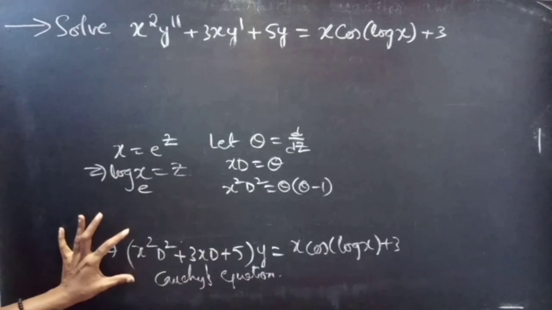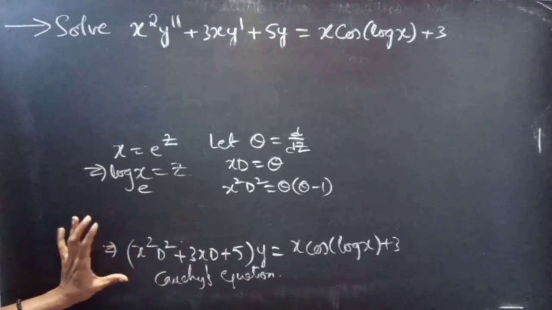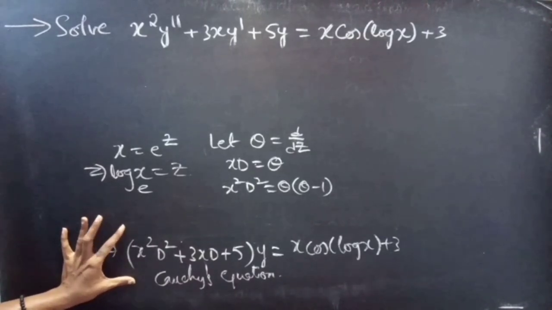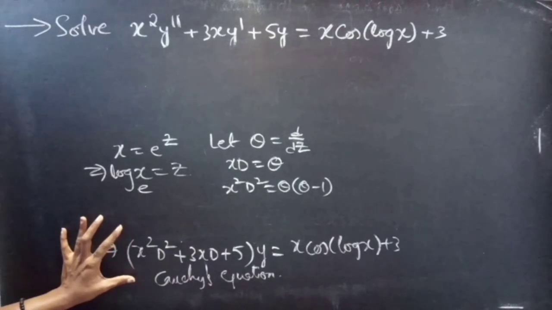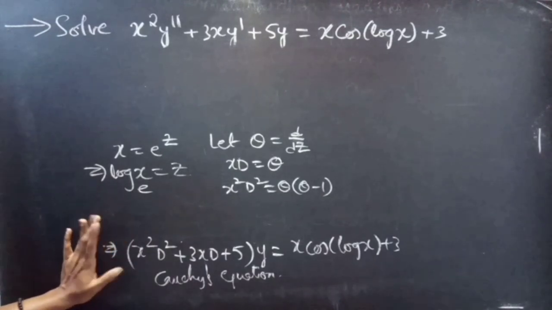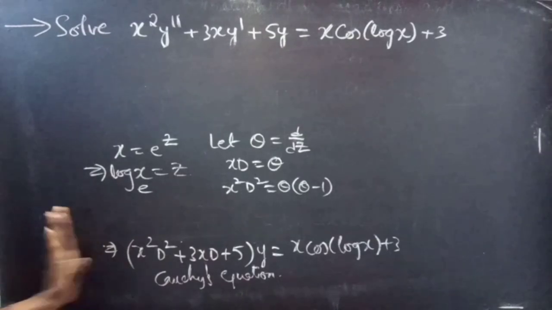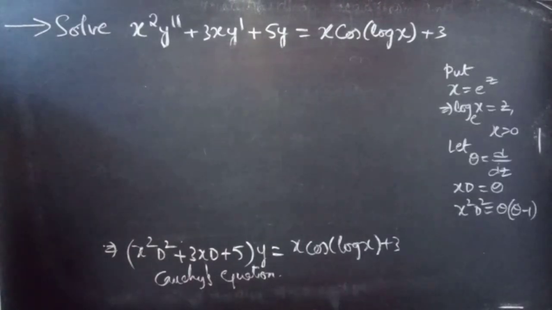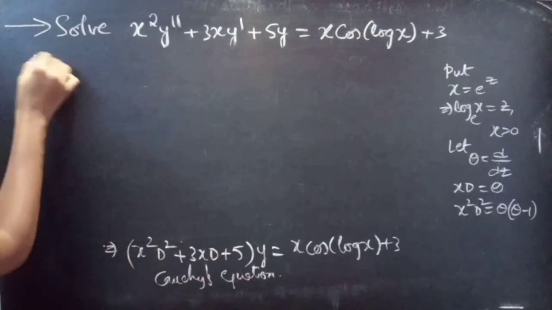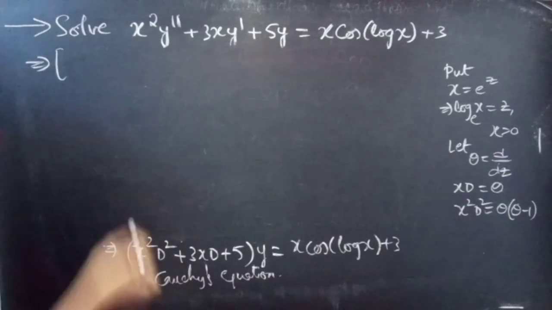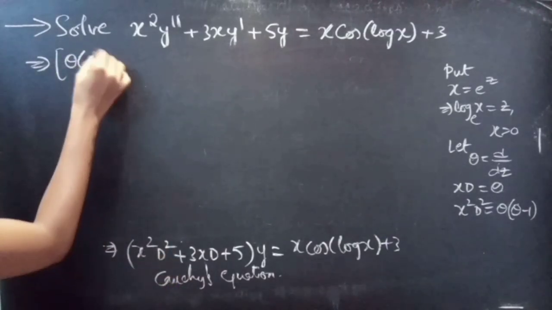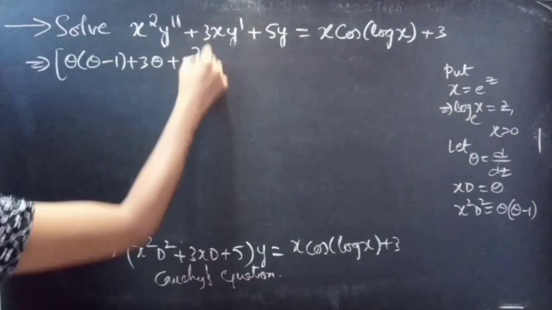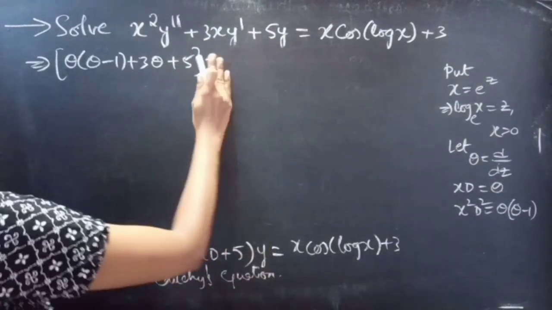Now we'll write the Cauchy's equation in terms of theta and z. We'll replace x square D square and xD in terms of z and theta. This equation becomes: replace x square D square by theta into theta minus 1, plus 3 into replace xD by theta, plus 5, into y,